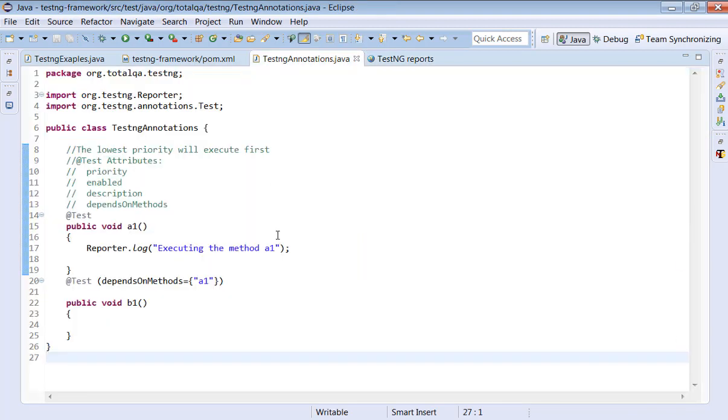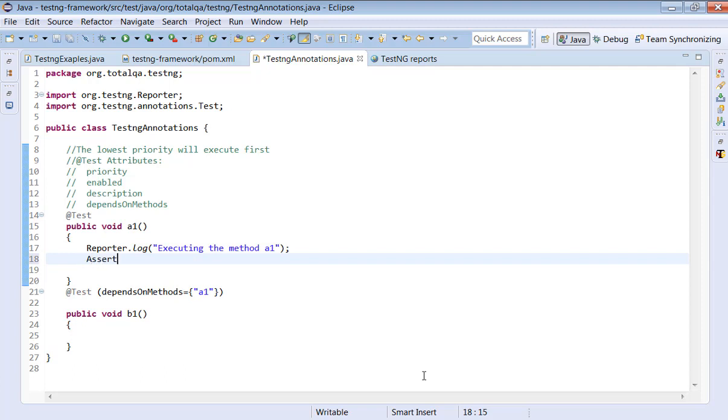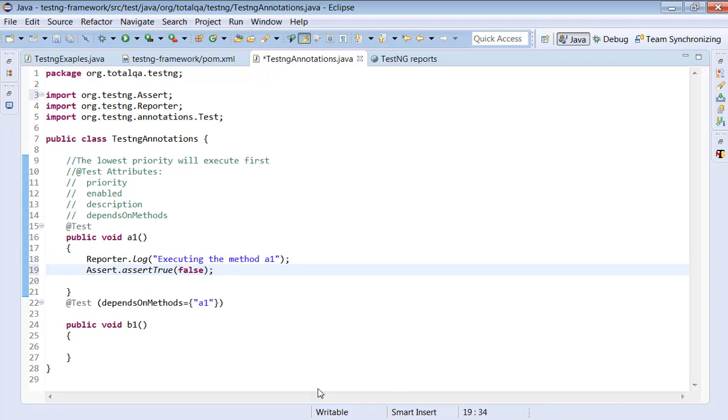This is the order. Now, suppose for example, the method A1 is failed. We'll make this fail: assert dot assertTrue, and we will put false here. What happens? This test case will fail. This is an assertion in TestNG to validate whether the test case is pass or fail.